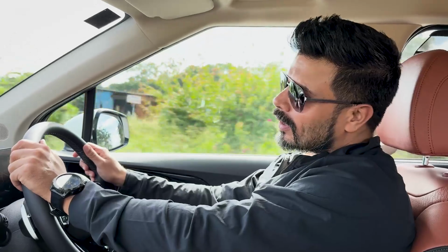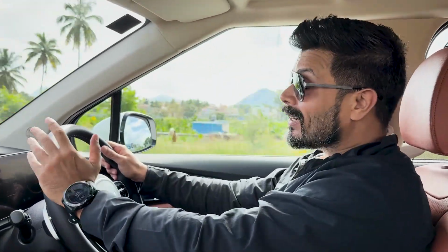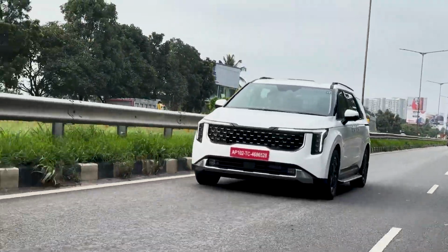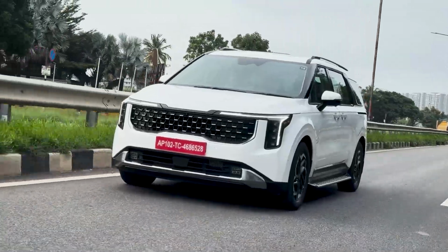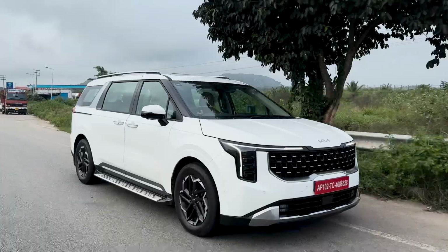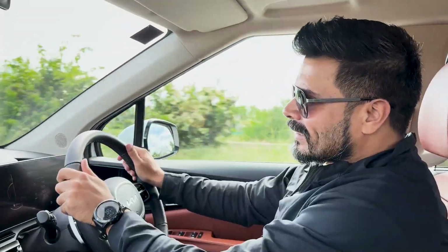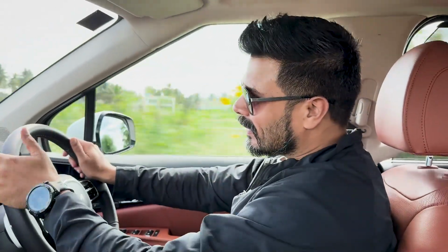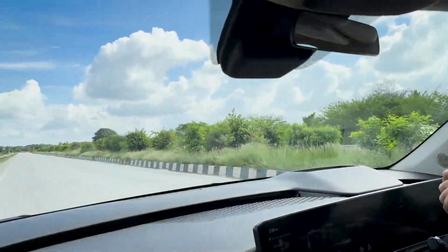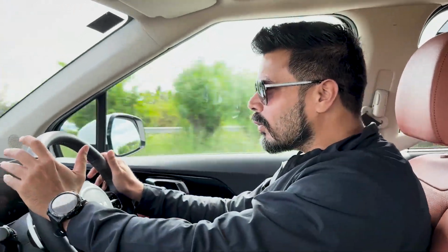Now on the road, as you would understand, this is not exactly a driver's car. It's a really huge car and it's a people mover, and I'm surprised with the road manners of this car because it does not feel like it's such a big car. It really belies its size, and for the kind of comfort that we experienced on this car when we were in the roughs, the road manners on this car are really commendable. Now while it's not exactly a sporty or an enthusiast friendly car, but as you can see right now, I have an empty road ahead of me, and even double lane changes are handled by this car so beautifully well,